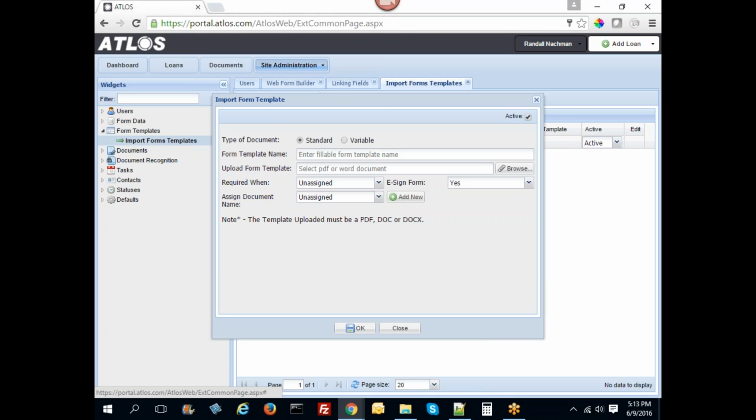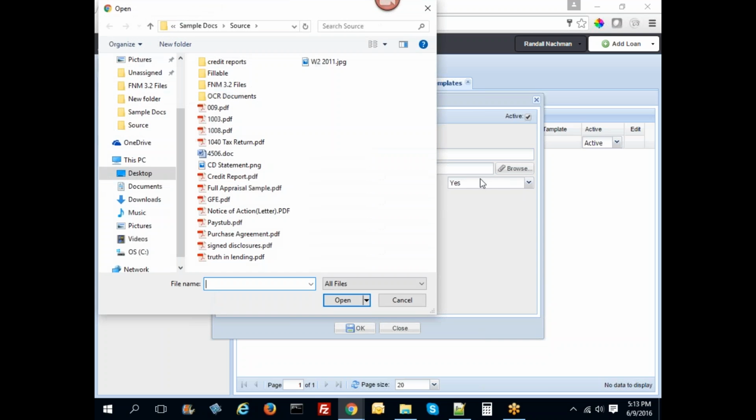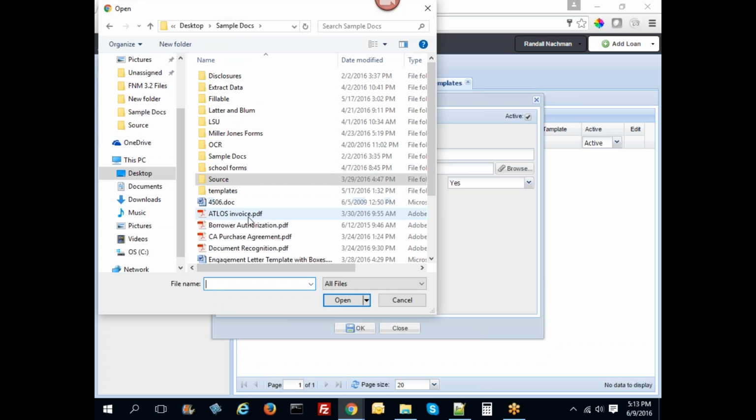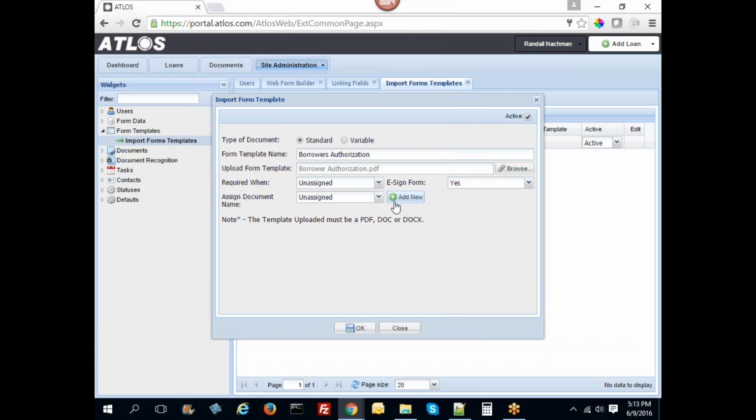I'm going to go in and import a form. If you needed to design a form within our software, you could do that too, but for this demonstration, I'm just going to import an existing form. I'm going to import a borrower's authorization. This is a form for the mortgage industry, and I will go here to my sample documents, select borrower's